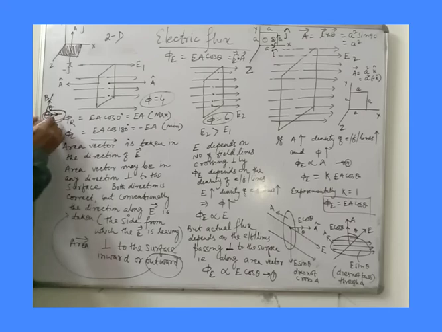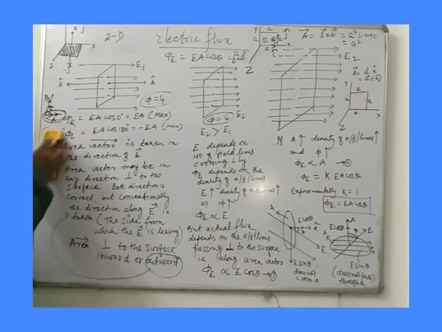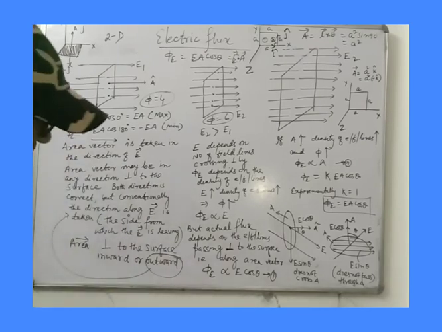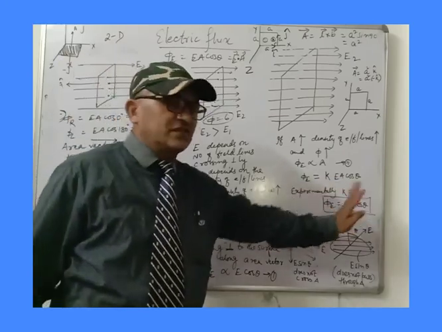If you need to find out the magnitude of this, then you have to take the projection of vector B along A. That means the component of B along A, that is B cos theta, multiplied by A. What is it? AB cos theta. And it is shown by the dot product, A dot B. This is the dot product of A and B. So to find the dot product, we need this kind of thing. So electric flux is actually EA cos theta.